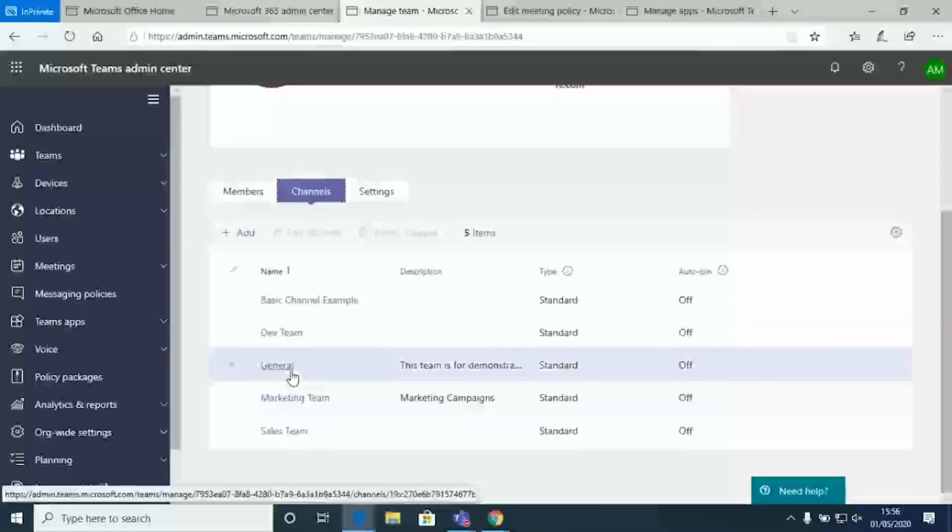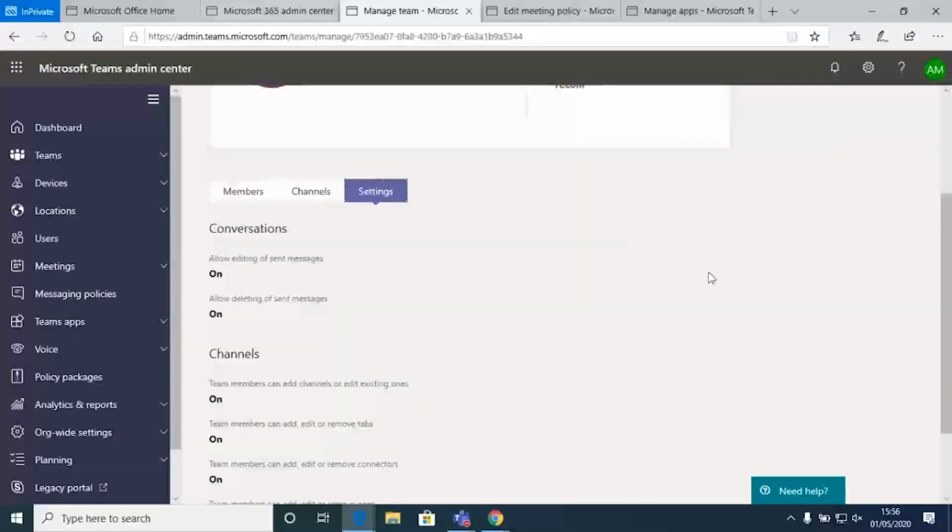I can also go into channels, I could do the same thing on the channels, and I can also control what users can do within that actual team. So if I wanted to say as an admin, actually we don't want messages on that team, I can just go in and disable them. This can be handy for just streamlining conversation to stop there being too many options about where to talk, but also just controlling data within the platform.